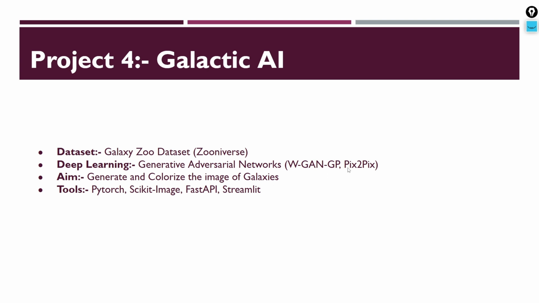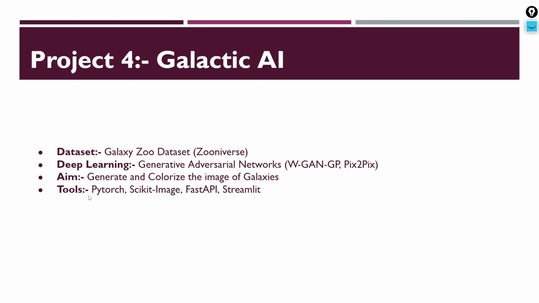And then along with the pix2pix GAN, that is the picture-to-picture translation GAN, you can colorize these images of the galaxies. And the dataset that we're going to use for this is called the Galaxy Zoo dataset, which is given out by Zooniverse. And the tools we are going to use to complete this web application is the training and the